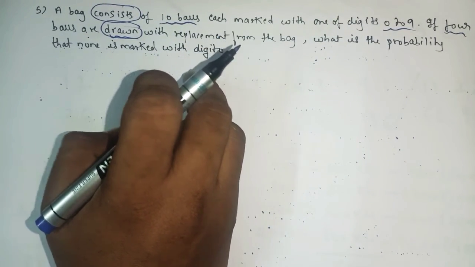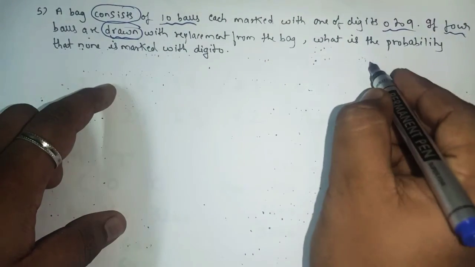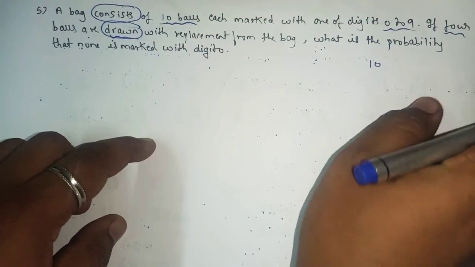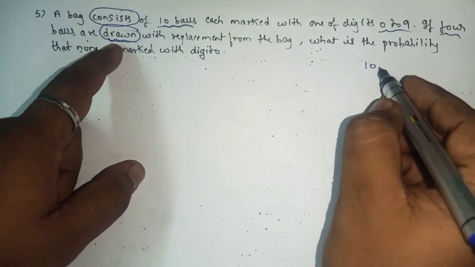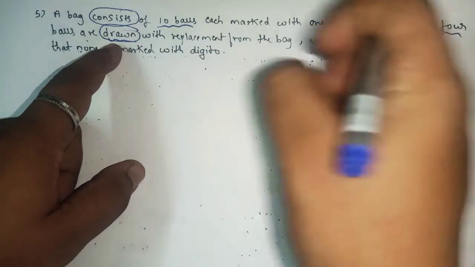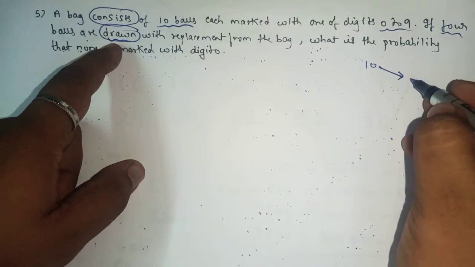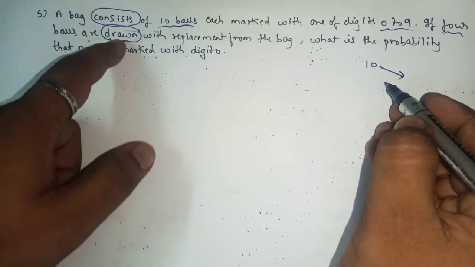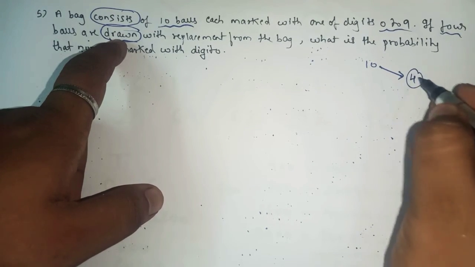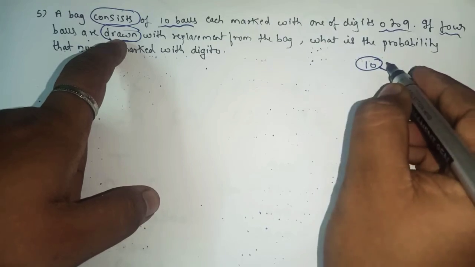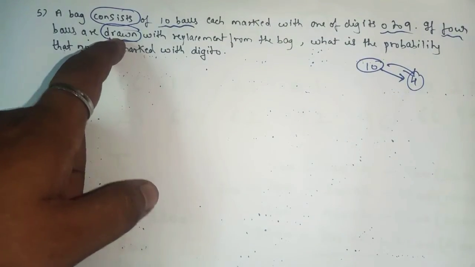Okay, so now remember, as there are 10 balls, how many balls do we have to draw? We have to draw, that means we have to take. I will use the word select in place of drawn. So how many balls do we have to select? We have to draw 4. So out of 10 we have to select 4. So here,